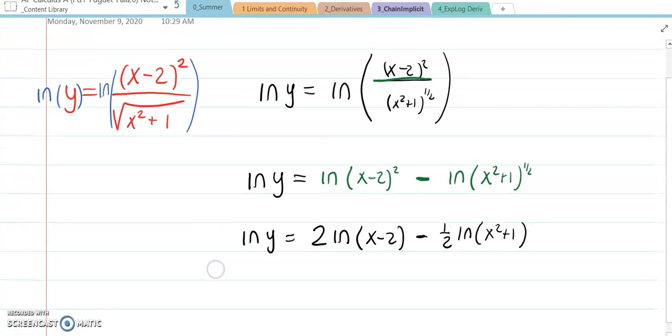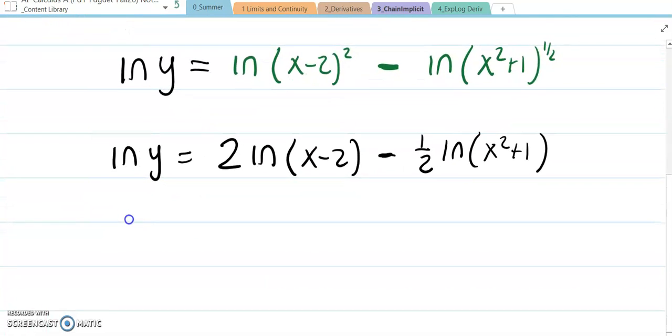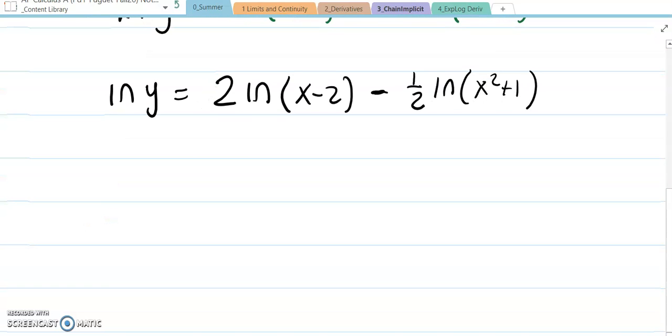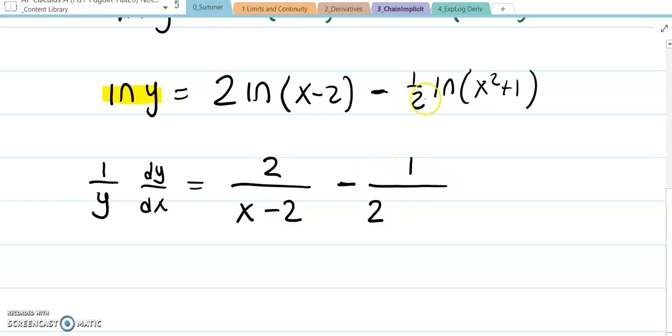So what I've essentially done is take this rather complex problem and turn it into a much simpler derivative that I can take. Keep in mind this has to be done implicitly. So when I take the derivative of this left term, it becomes 1 over y dy dx. But the rest of this is much simpler. It's going to be 2 over x minus 2 minus 1 over, and again, this 2 is where that is coming from,